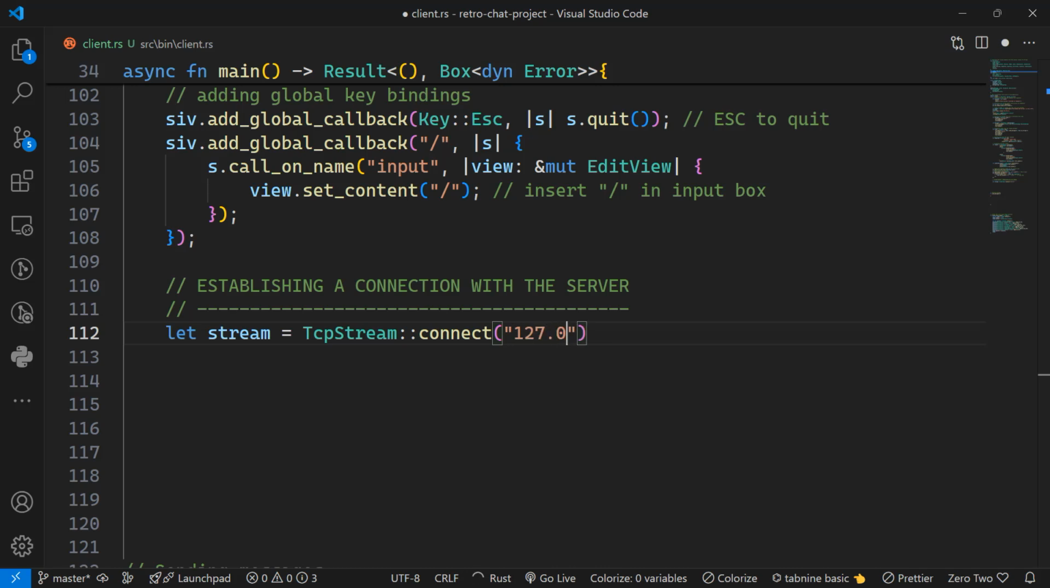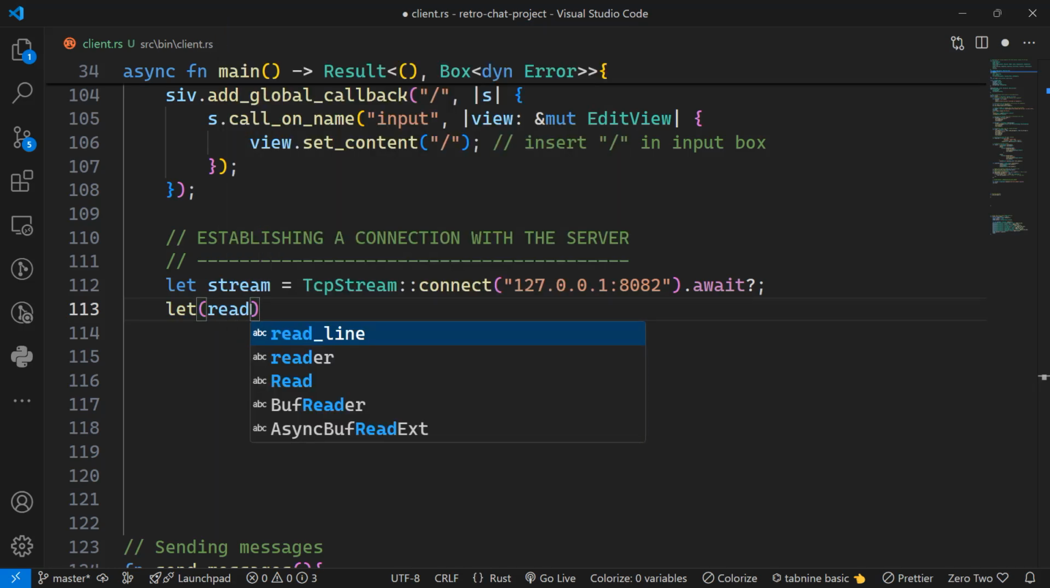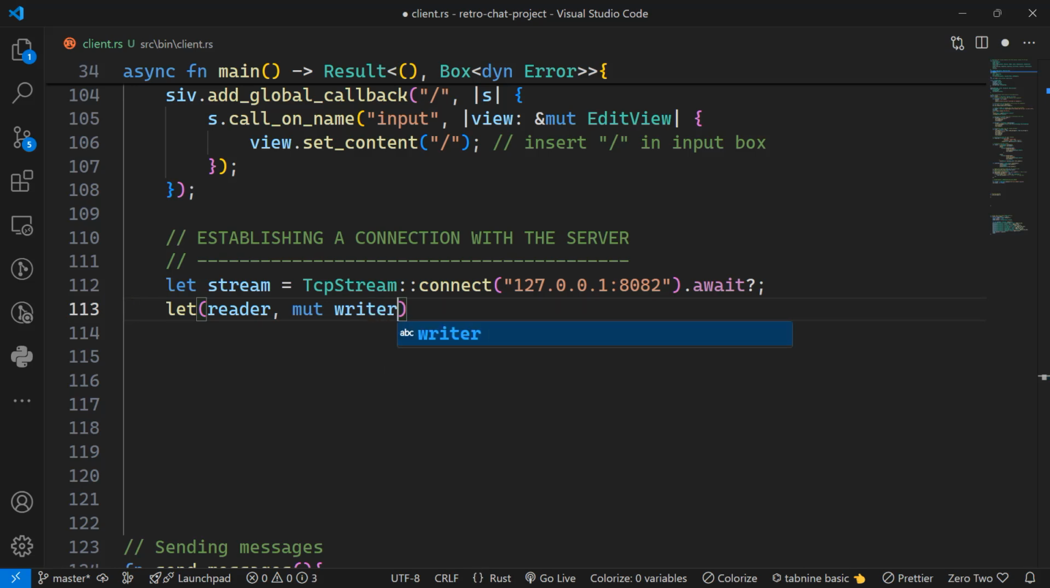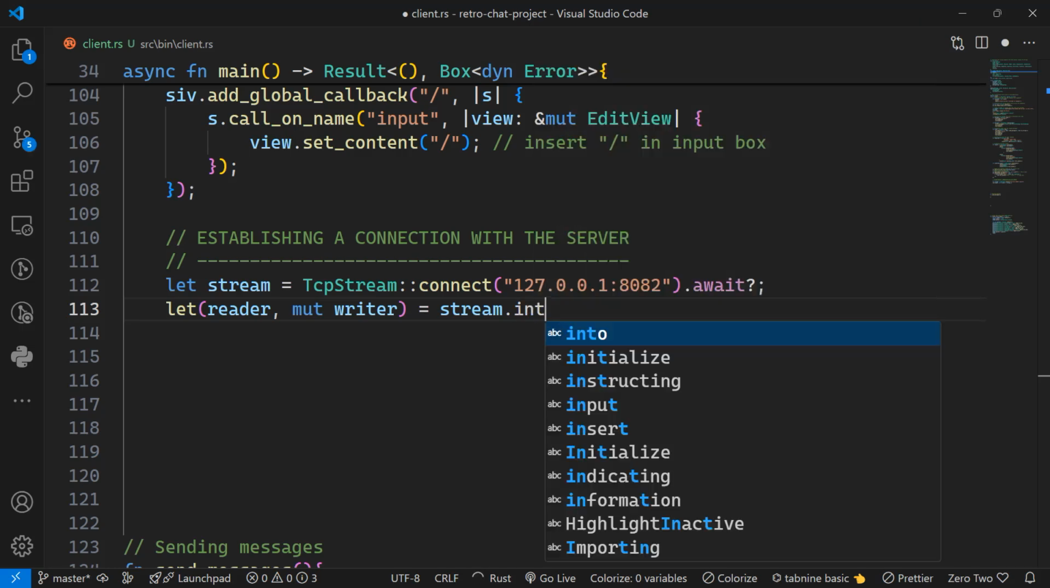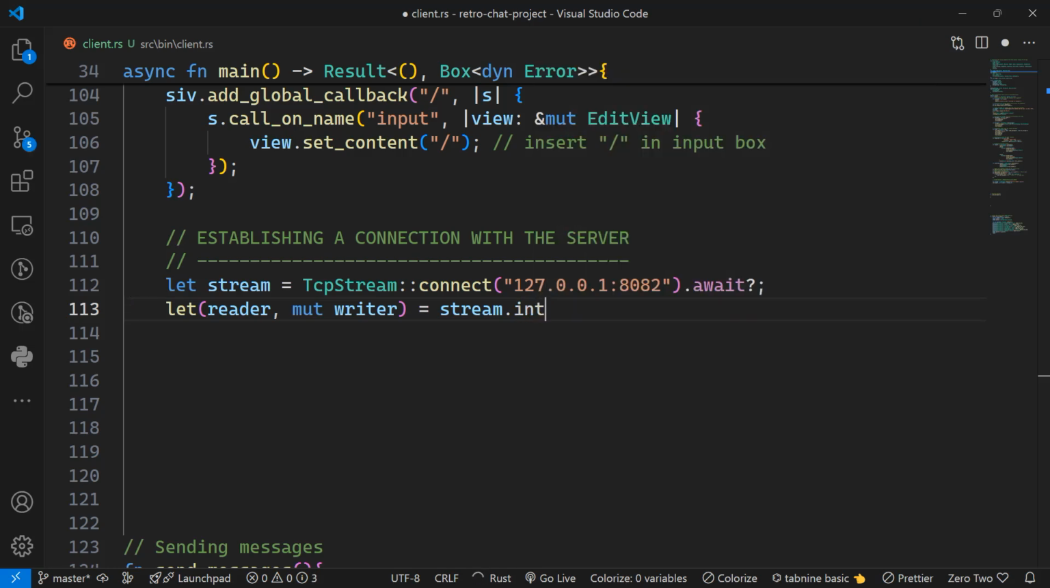And here we're going to connect on the local host, 127.0.0.1 on port 8082. Then we'll have here a reader, exactly the same thing that we have done in the server, and mutable writer, and that's equal to stream.into_split, cannot type today, into_split. Again, that's going to split the stream into reader and writer, and for